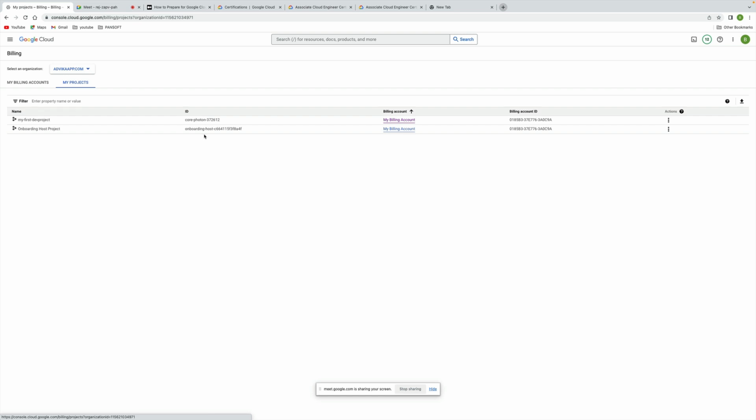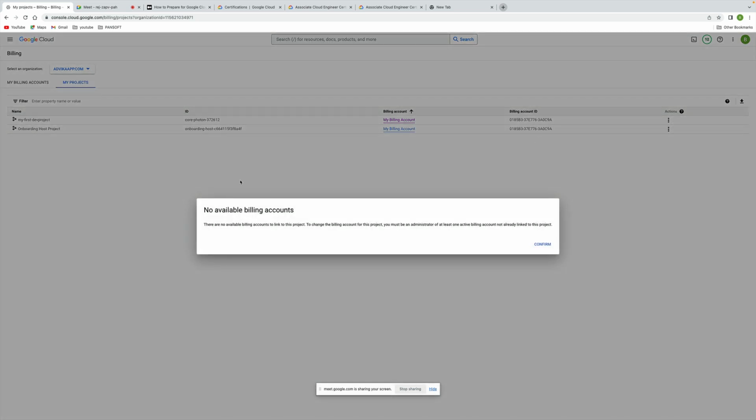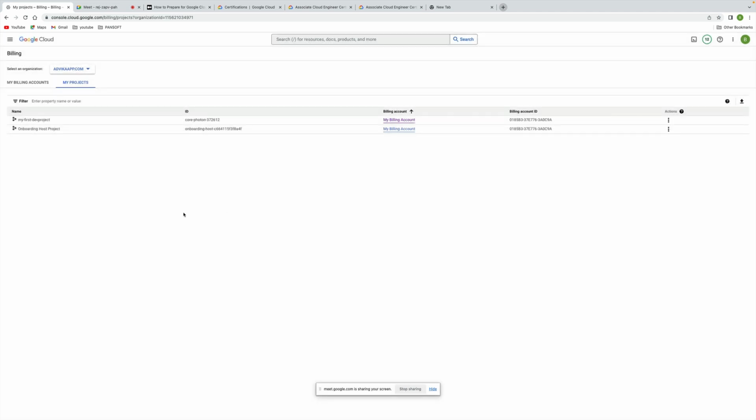Here, what will we do? There is a three-dot button, with the options disable billing and change billing. For example, for my first project I want to change my billing. Now no other billing account is available, so I cannot change it. If I create one more project, for example,